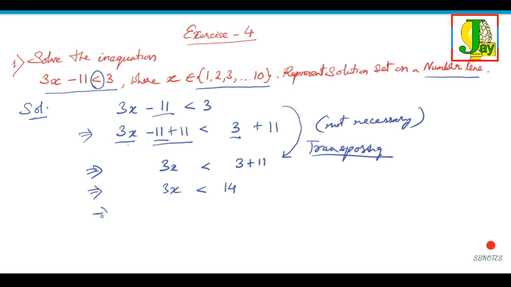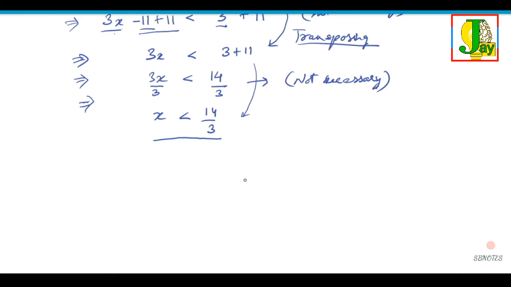So now here comes this part, making the coefficient of the variable 1. अब हम 1 कैसे करेंगे, so 3 is being multiplied with x, we have to divide it by 3, so 3 by 3 and we get 14 by 3. Okay, so this now becomes x less than 14 by 3. So again this step is not necessary, as now what is the solution set, as we have x belonging to,